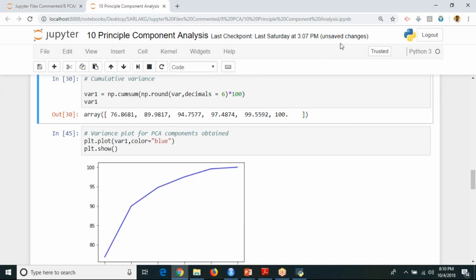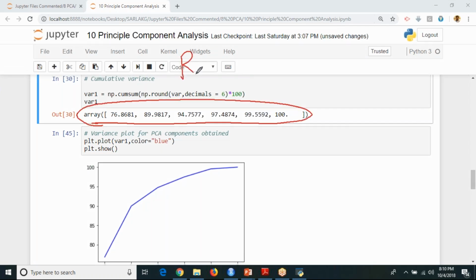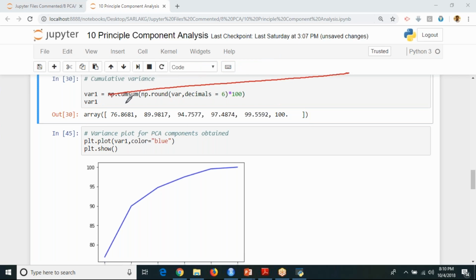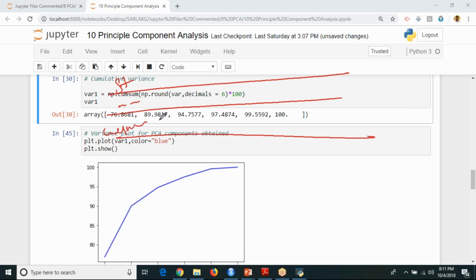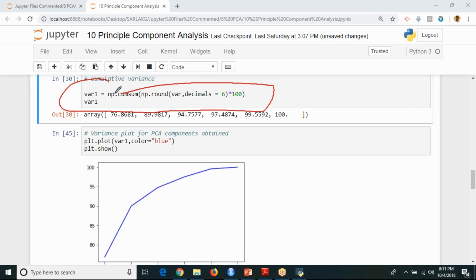See here. But when it comes to your RStudio, if you use that loadings of PCA OBJ, automatically in one line you got your standard deviation, in second line you got your proportion of variance, and third line you got your cumulative proportion. But in your Python, you should write separately like this. Separately, that's the difference when it comes to your R and Python.